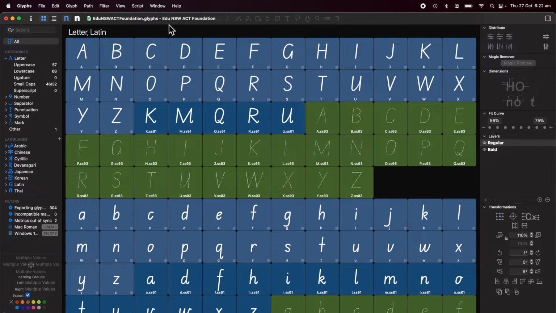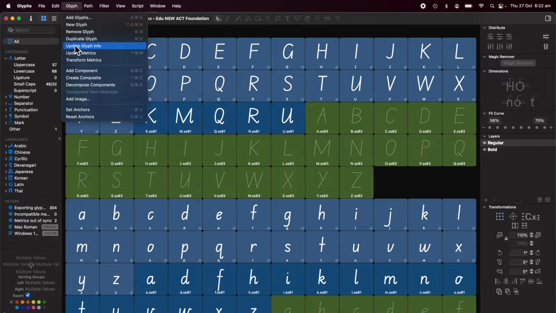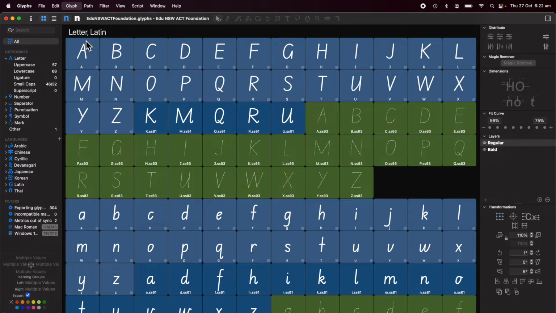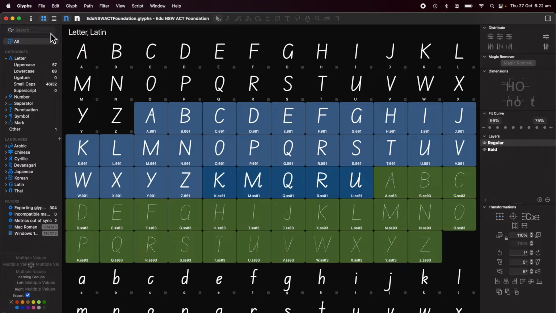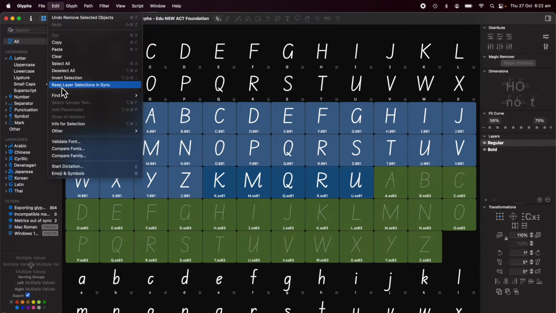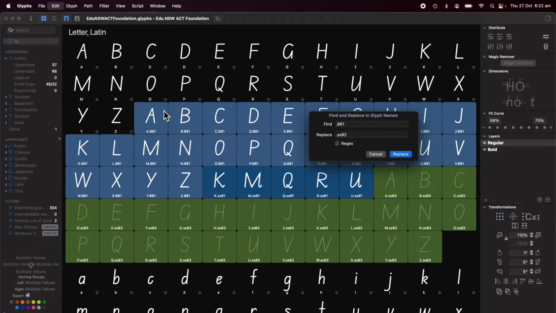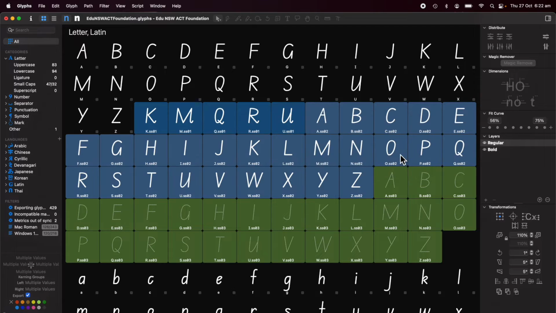Once I have them all selected, I want to duplicate them. Going to the Glyphs menu, duplicate the glyphs, and then I want to change their name. Find and replace. The default duplication name is 001, and I want to switch it to stylistic set number 2. So we will replace them all,